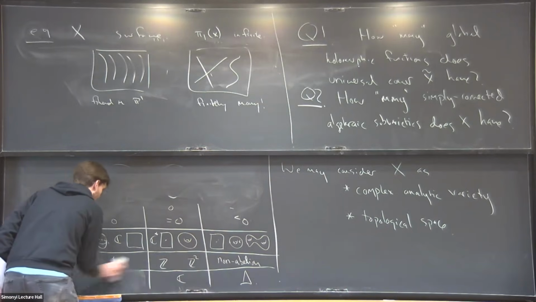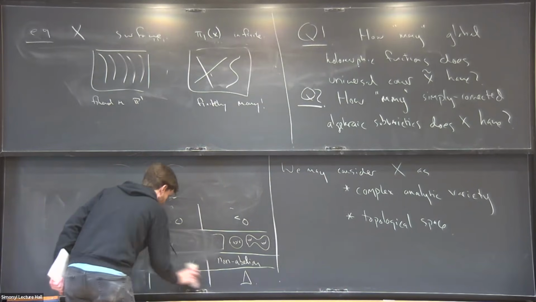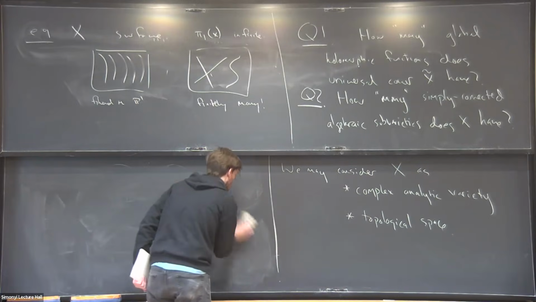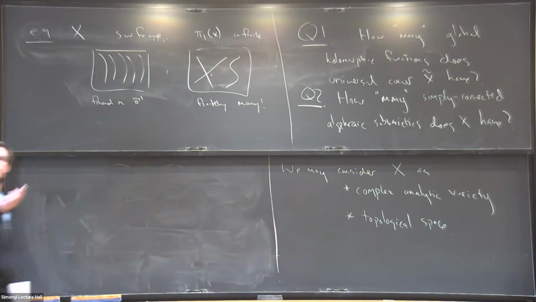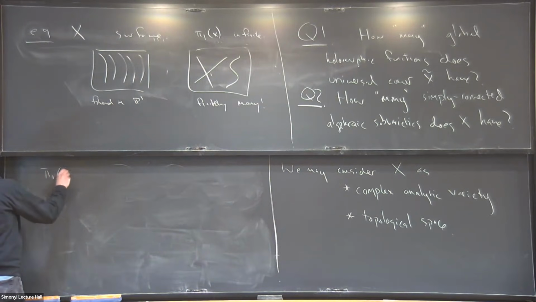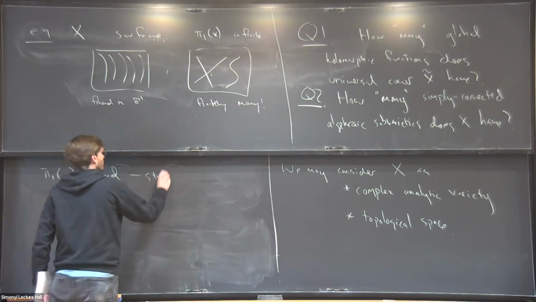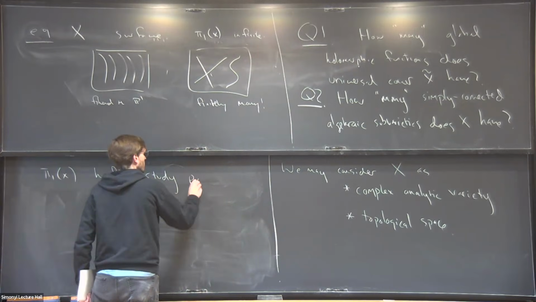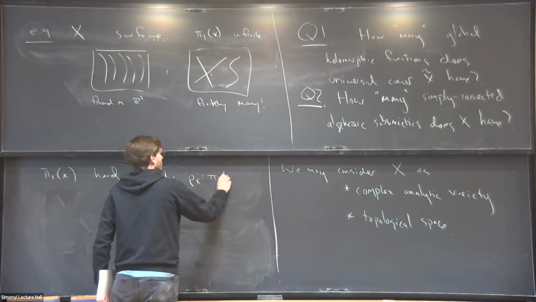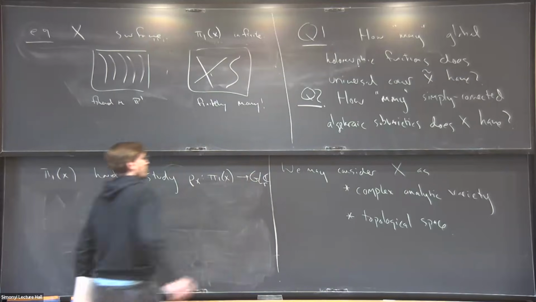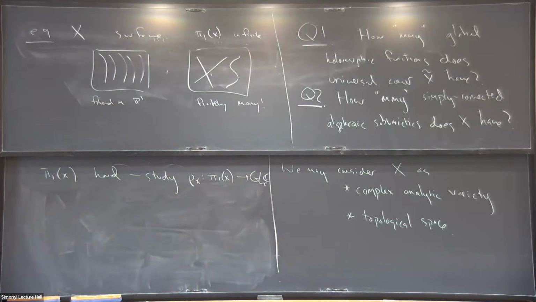So what can we say in higher dimensions? Well, it's kind of hard to say anything about pi1. So as usual, maybe we want to study pi1 through its representations. Pi1 of X is hard, so maybe we want to study representations. I'll call them rho, meaning from pi1 of X, let's say a complex representation of the fundamental group.